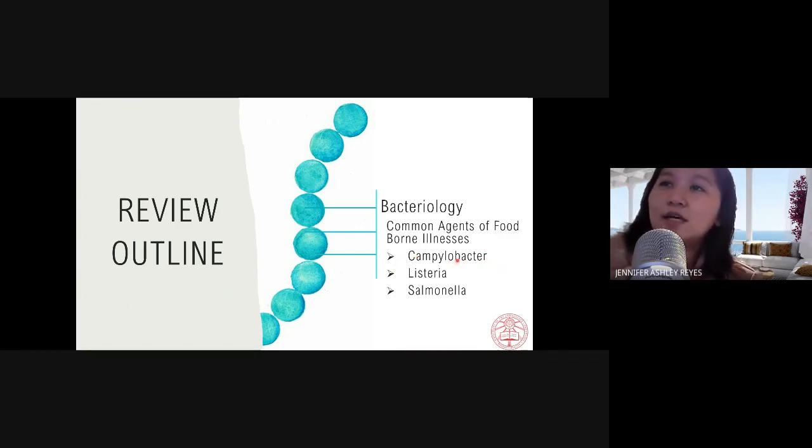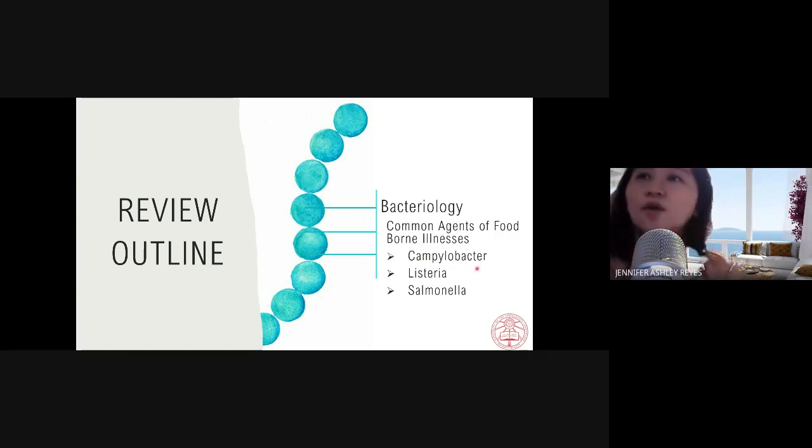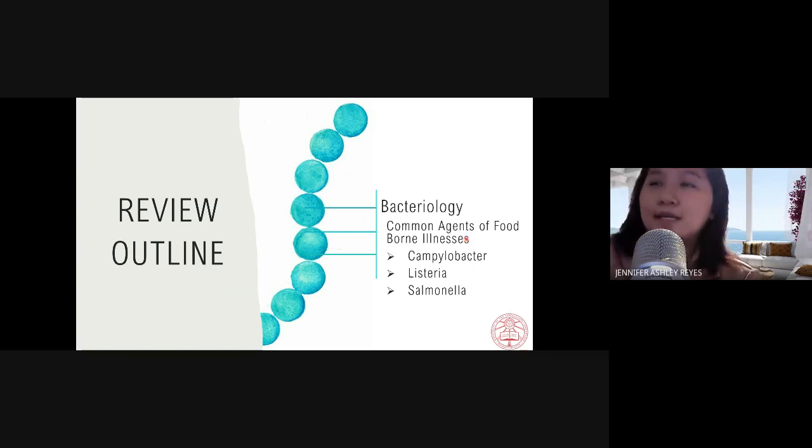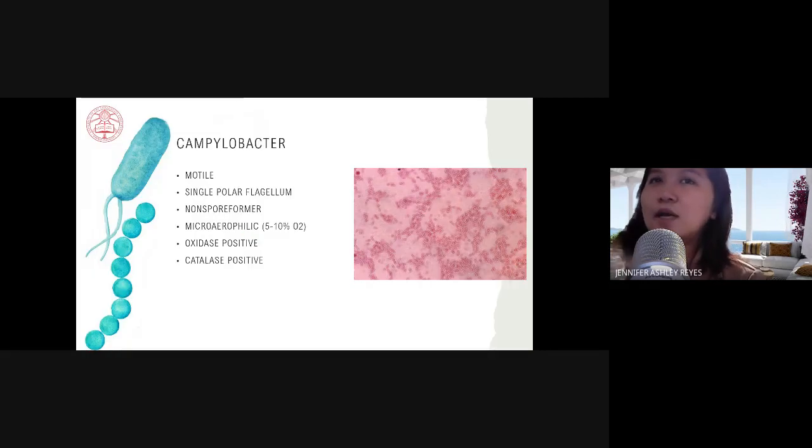So these three organisms are the most common bacteriologic agents of foodborne illnesses. And most of them are causes of these different na mga gastroenteritis and diseases because of the hygiene. So common ang mga food and waterborne illnesses on countries that are developing. So like Philippines, marami tayong mga foodborne illnesses. So isa na dyan si Campylobacter. So we will start discussing your Campylobacter